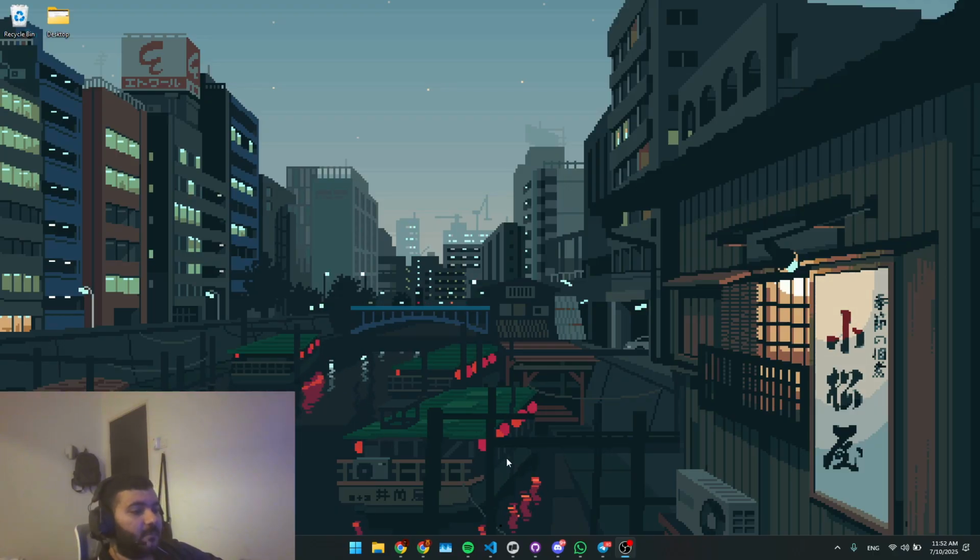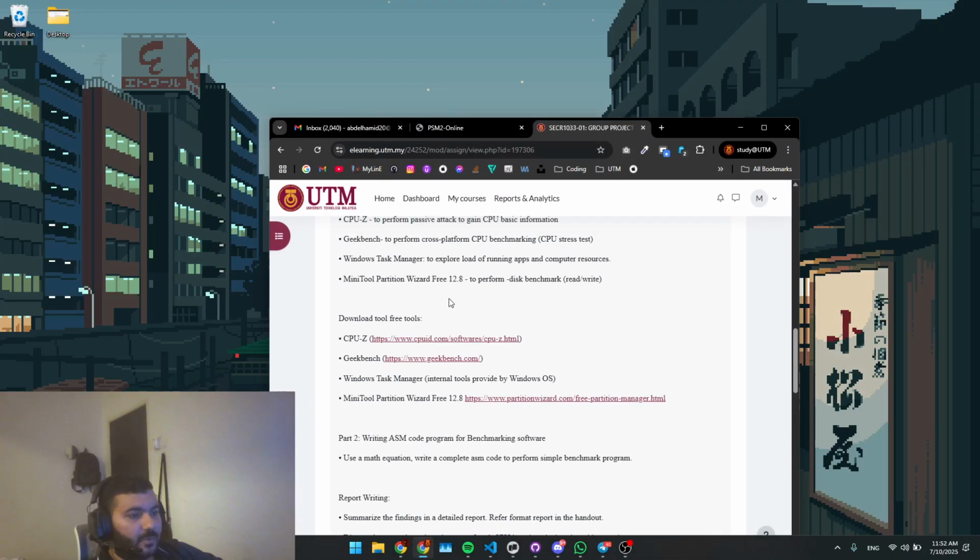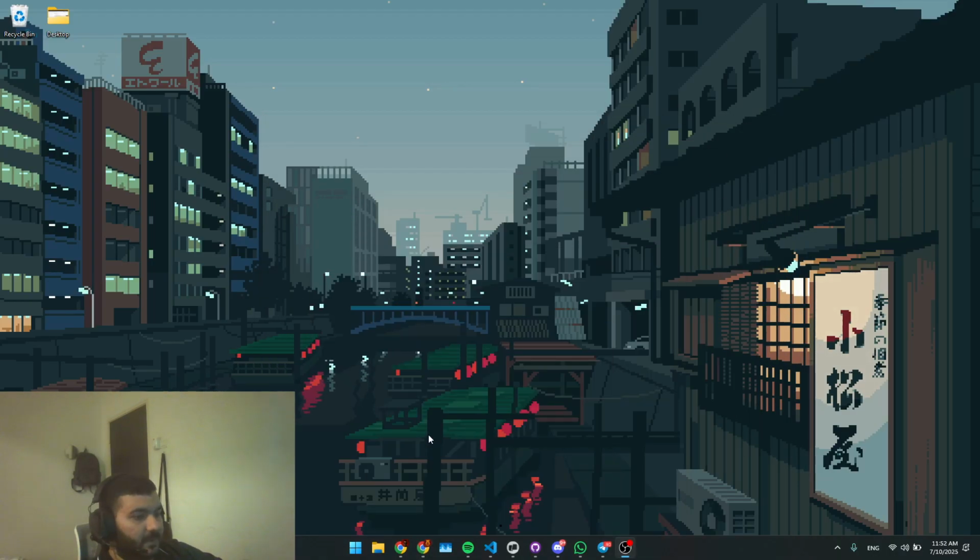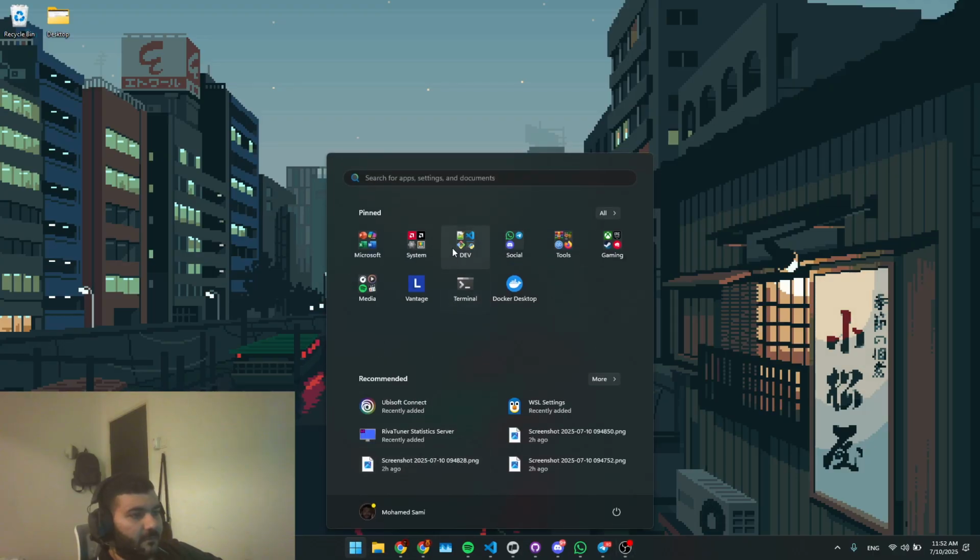I'm representing computer D. So we have a few programs to test today. We have CPU-Z, Geekbench, and we're going to track using Windows Task Manager, and we're going to use MiniTool Partition Wizard for the SSD HDD tracking. So I'm going to start quickly